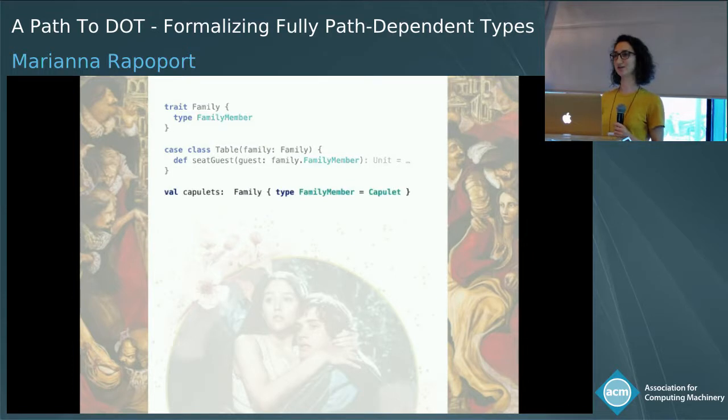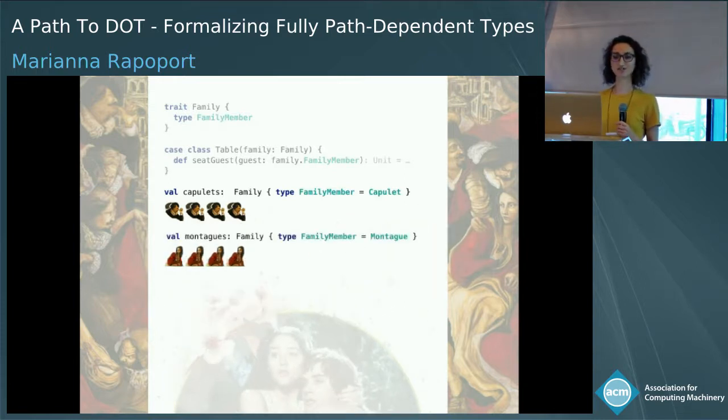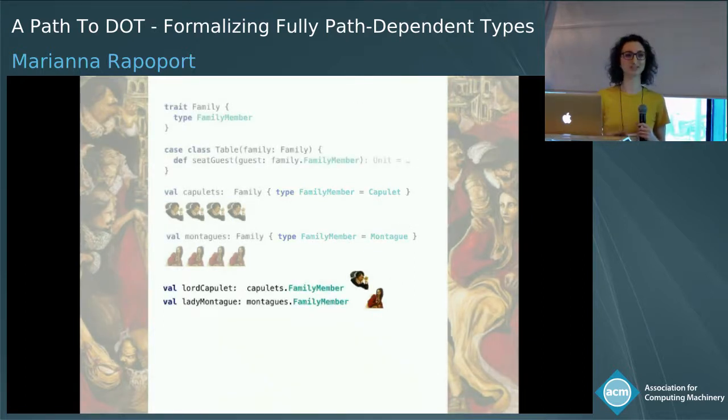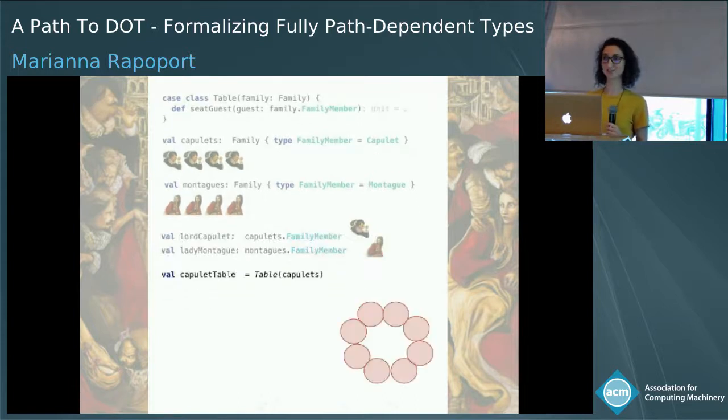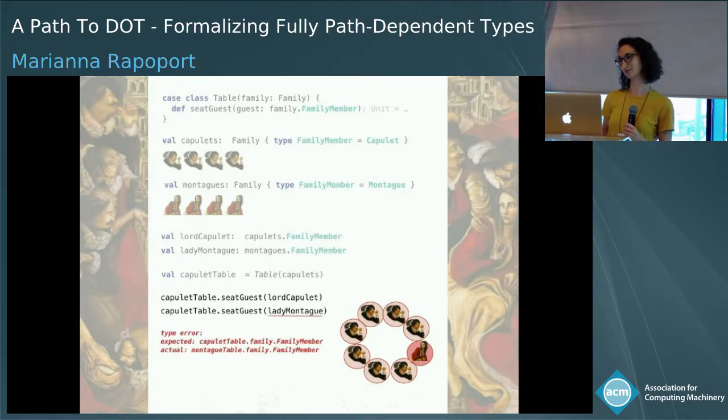Okay, so now I can create a Capulet family, and to do that I instantiate this type member, FamilyMember, to the Capulet type, and I do the same for the Montague family. Now if I have a Lord Capulet and a Lady Montague, and I also have a Capulet table, I can seat Lord Capulet at the table without problem. That will be fine. But if I try to seat Lady Montague at the table, I will get a type